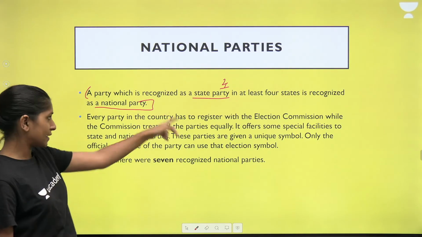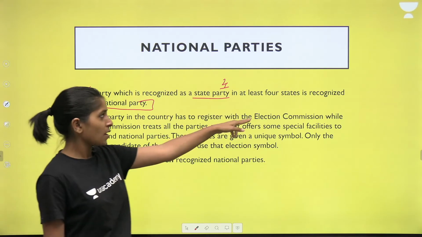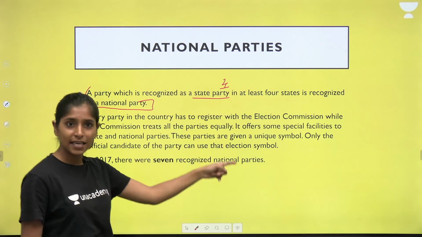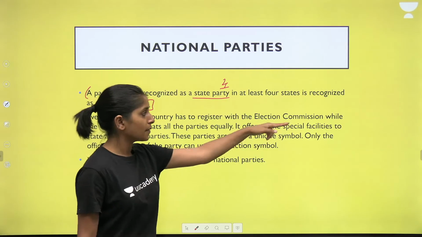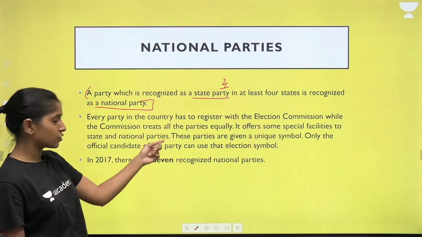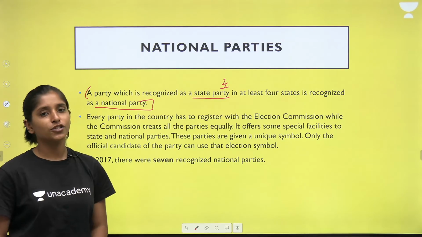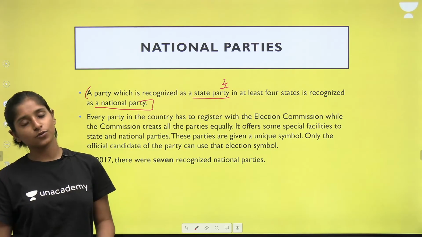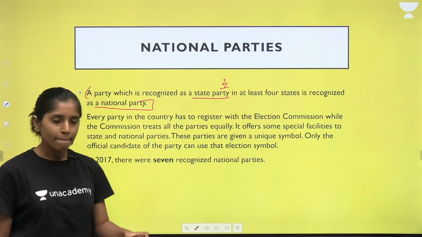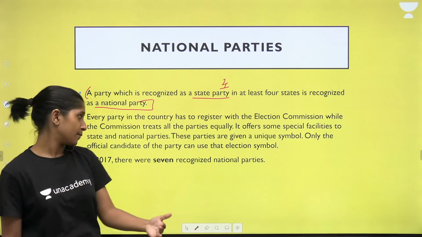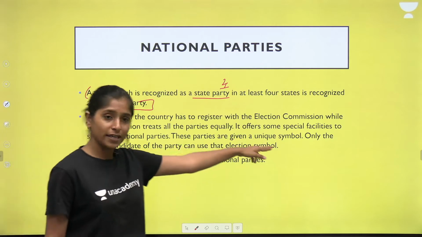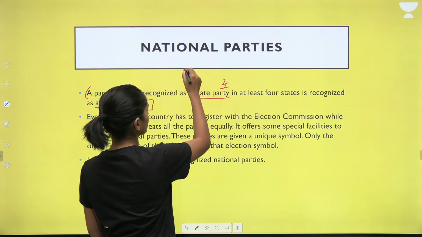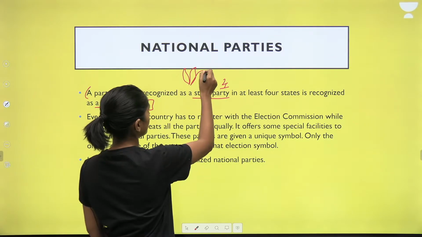Every party in the country has to register with the Election Commission, and while the commission treats all the parties equally, it offers some special facilities to state and national parties. वैसे तो इलेक्शन कमीशन सभी को इक्वली ट्रीट करता है, बट जो भी नेशनल पार्टीज और स्टेट पार्टीज होती हैं, उनके लिए थोड़े से अलग रूल्स होते हैं. These parties are given a unique symbol, जैसे कि ये तो आपको पता ही होगा कौन सी पार्टी का सिंबल है,